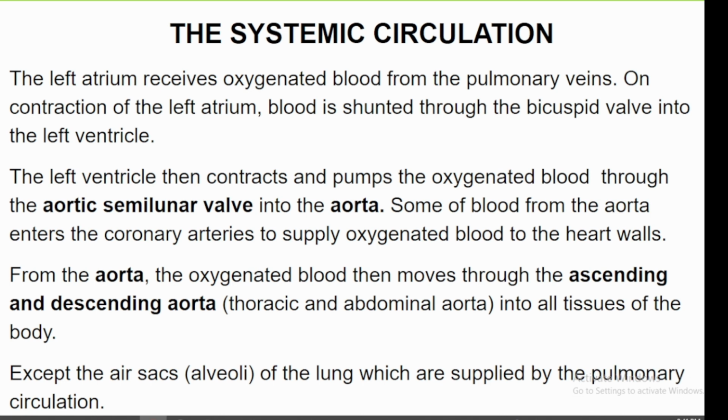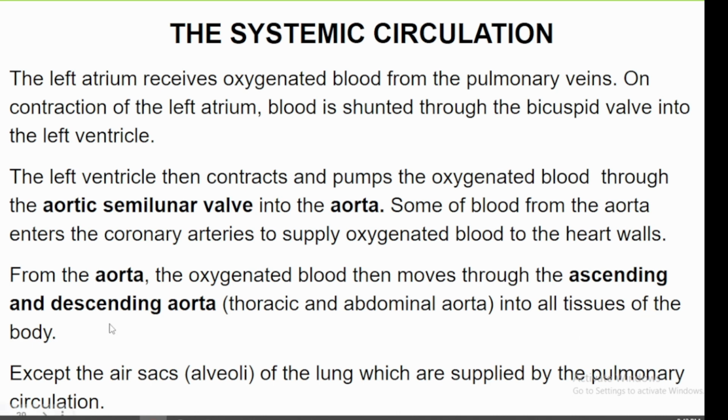Now, the left ventricle then contracts and pumps the oxygenated blood through the aortic semilunar valve into the aorta. Some of the blood from the aorta enters the coronary arteries to supply oxygenated blood to the heart walls. I believe we spoke about all these things already. Then from the aorta, the oxygenated blood moves through the ascending and the descending aorta. The descending aorta branches into thoracic and abdominal aorta, which in turn supplies all the tissues